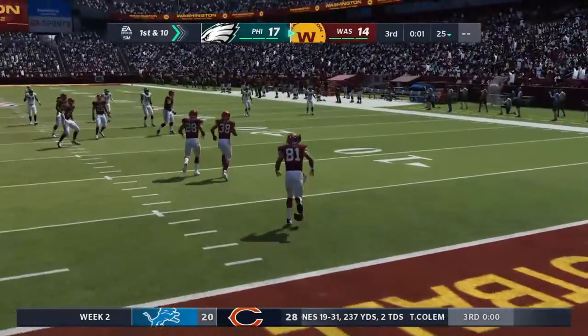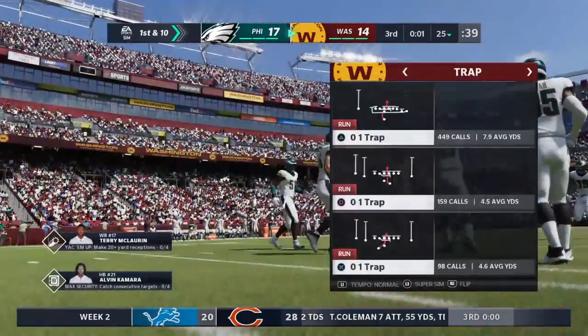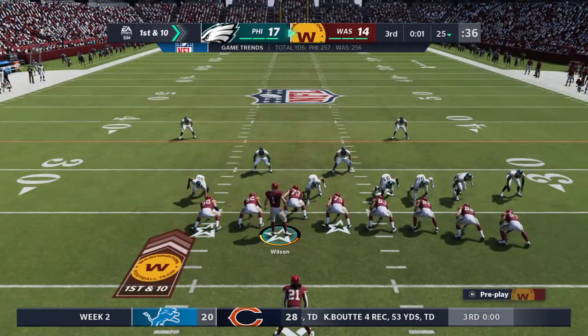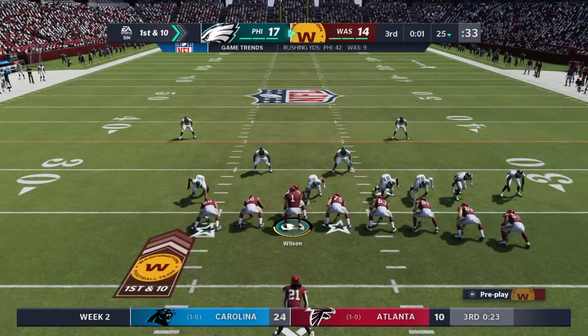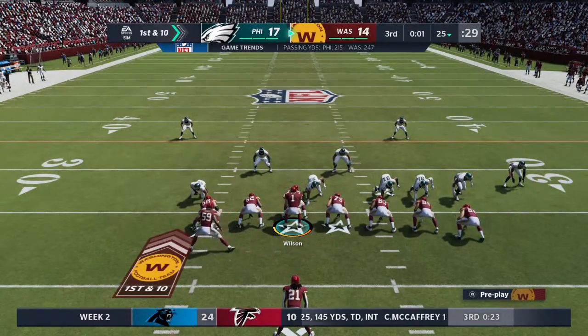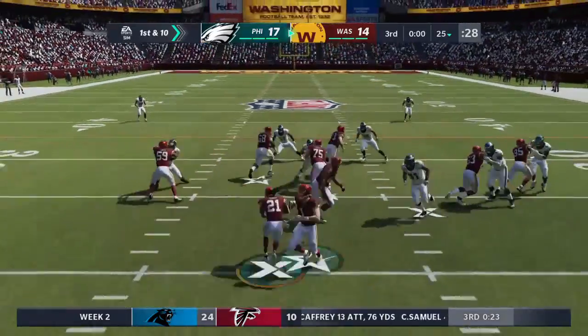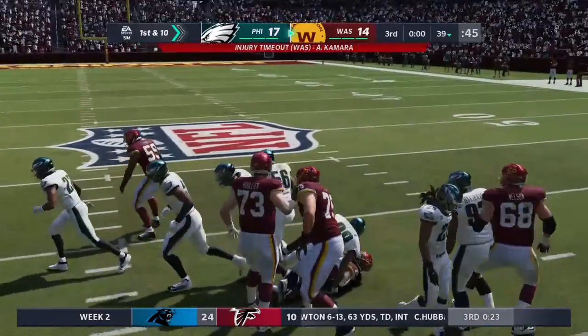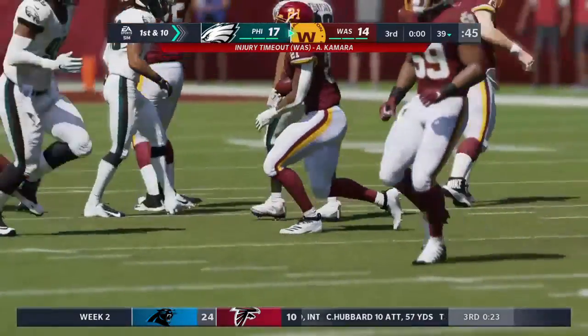Fair catch made at the 25-yard line. Washington will take over first. The Washington offense at the line and ready to roll. And following the interception, just any interception, are you a little bit more cautious when you start that next drive, or no, you just throw that out the window? I think you are. I don't think that there's any way you can run back out there and go, totally didn't affect me. Let's just go ahead and be loose with the